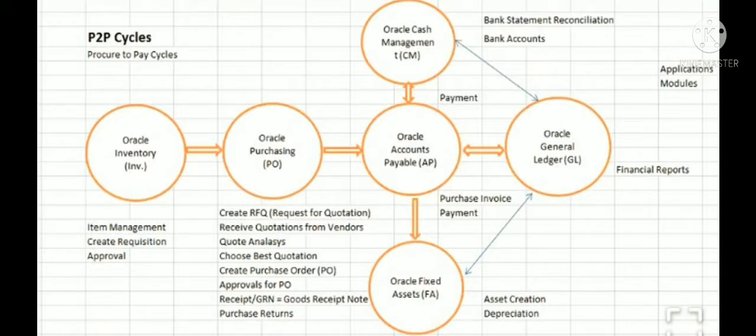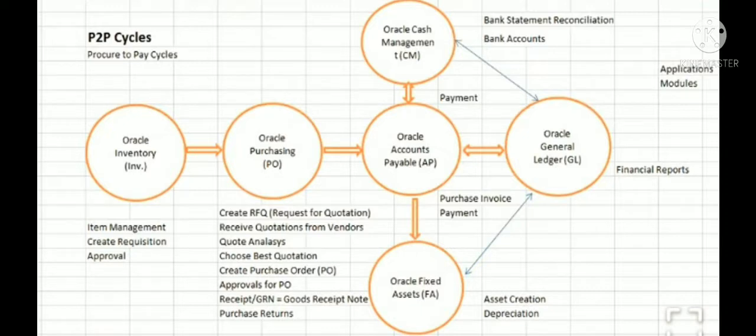Now, basically, what happens practically is that once this requisition has been approved and the inventory is not available in the stores, which means that the party requesting the material has raised the requisition, and it has been approved, and the respective item requested is not available in the warehouse, the next phase is that it will be forwarded to the procurement department.